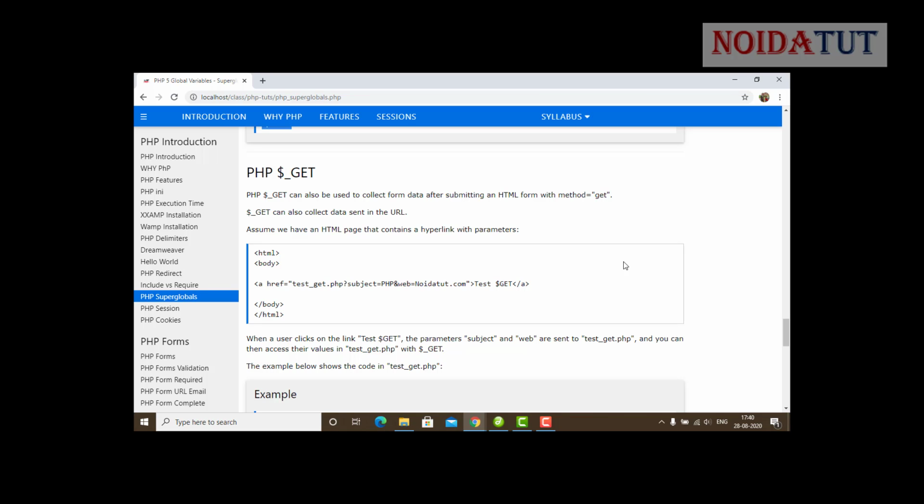Now PHP get can also be used to collect form data after submitting an HTML form with method get. Get can also collect the data sent in the URL. Now I'm going to show you how the data we enter is visible in the web browser when we press enter. So this is the code, copy it.